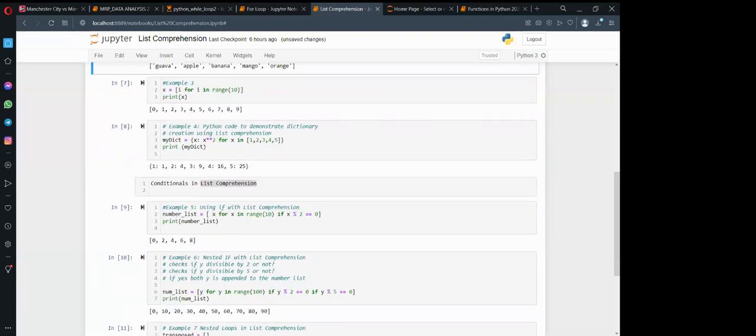Example 4, where a dictionary is applied, so you can use comprehension. Assuming that you can see the dictionary, we have the curly brackets.